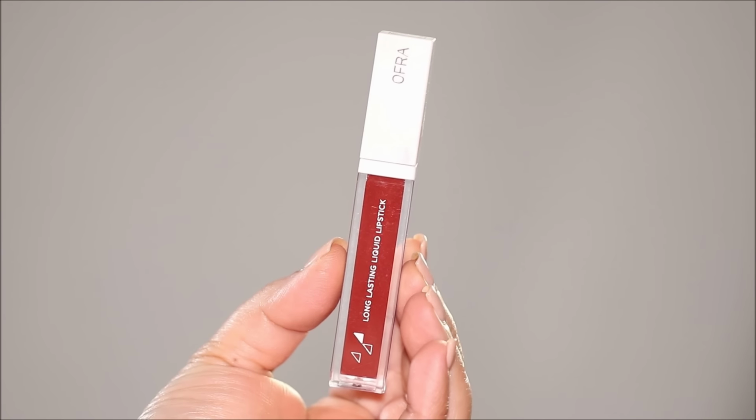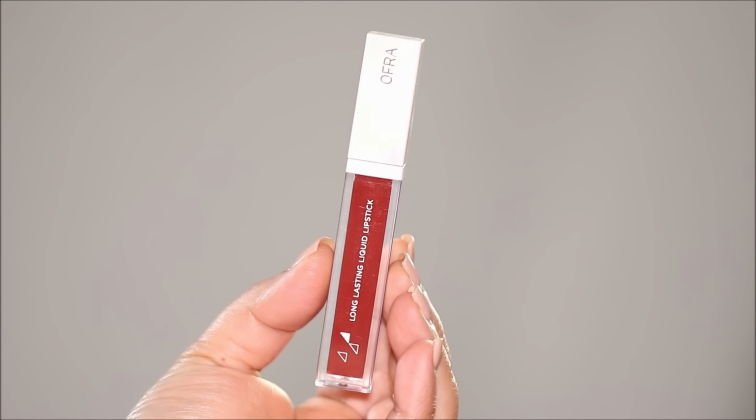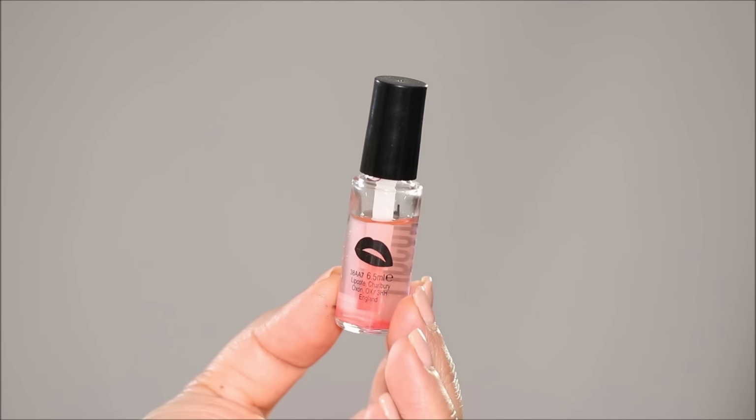I wanted to match my lipstick with my outfit, so I'm going to be using the Ofra Long Lasting Liquid Lipstick in the shade Milan. This is such a beautiful shade, but again, when the lipstick is this rich, you don't want it to transfer. So if I'm not wearing a transfer-proof lipstick, I always make it transfer-proof by using lip coat. This is a lip sealant. All you have to do is apply a thin layer over your lipstick, and no matter what, it's not going